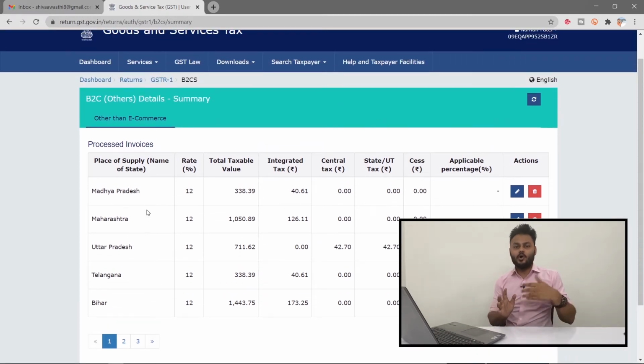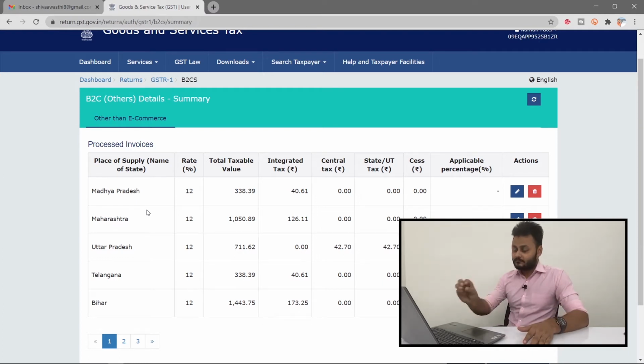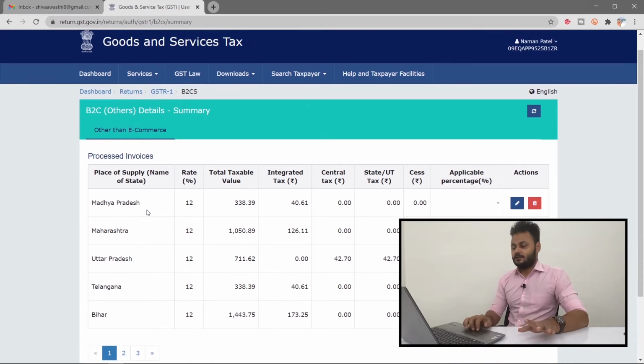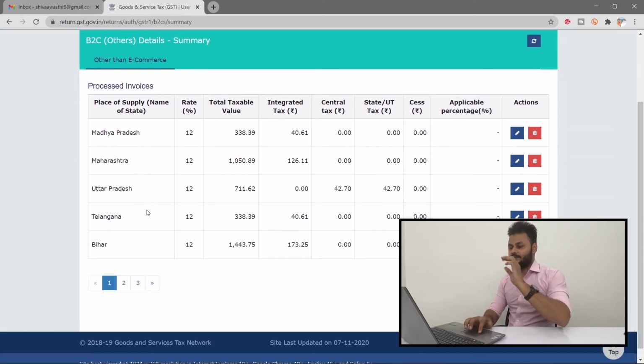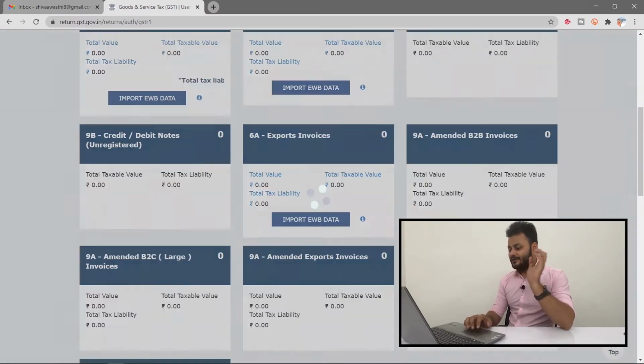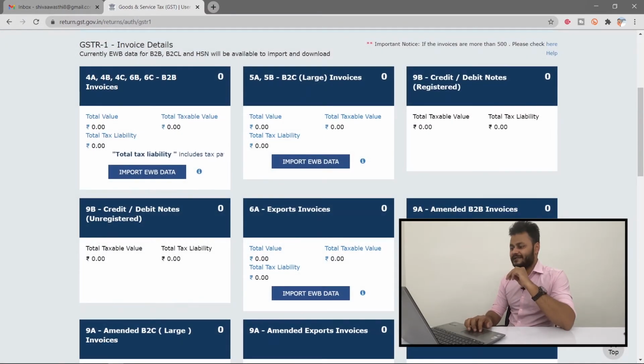See, if you are selling online, then most of your invoices would be B2C invoices. So 90% of your data will be fed in this table only. So you need to understand this table very carefully. Now let's move on. Our next table is